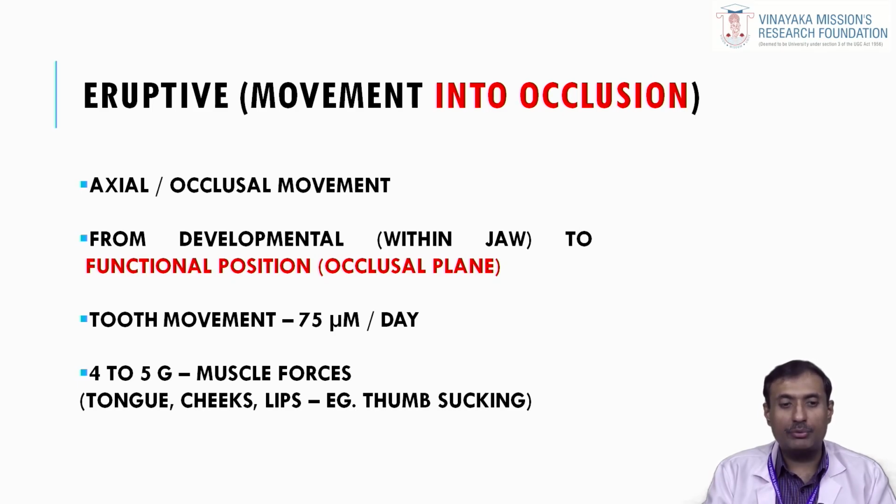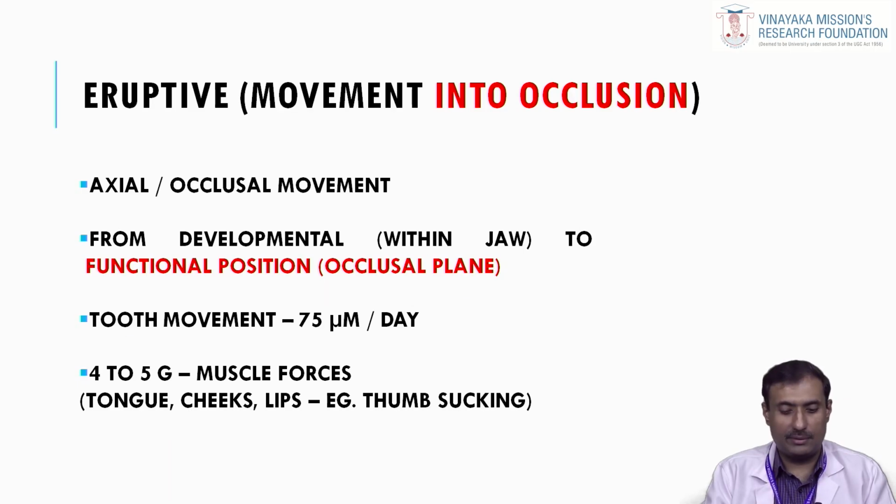And in this eruptive tooth movement, we have certain muscles which help to guide the tooth, thereby preventing either the buccal or the lingual tilting of the tooth. This is done by the muscles which are present in the tongue, in the cheeks and the lips. We have also certain habits such as thumb sucking, which enable the tooth to be moved into occlusion,